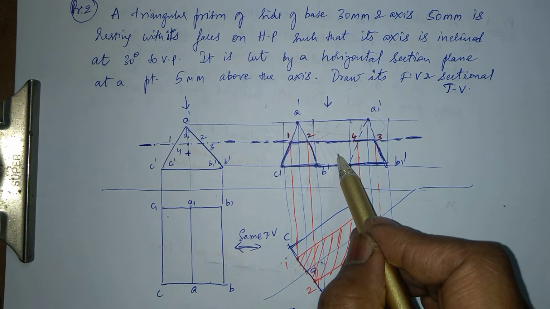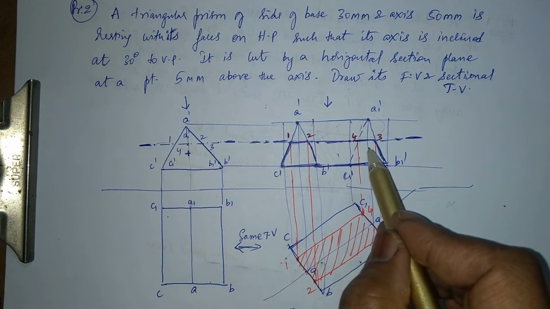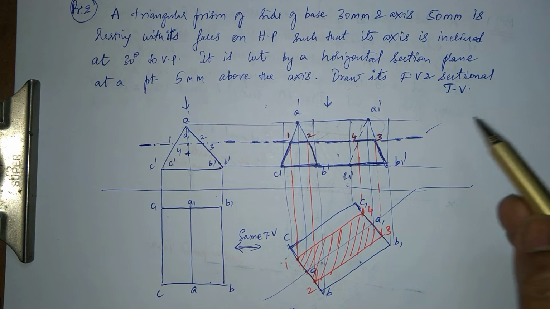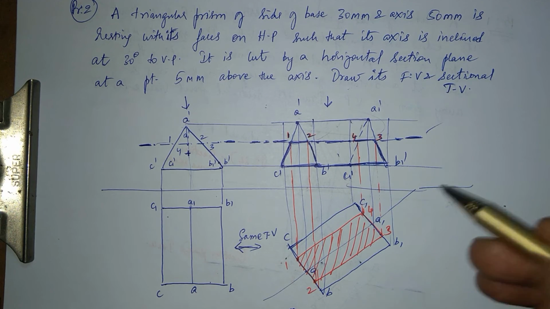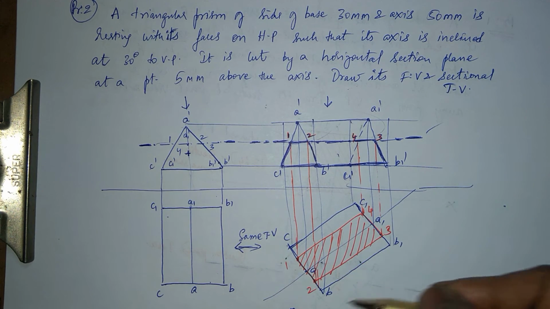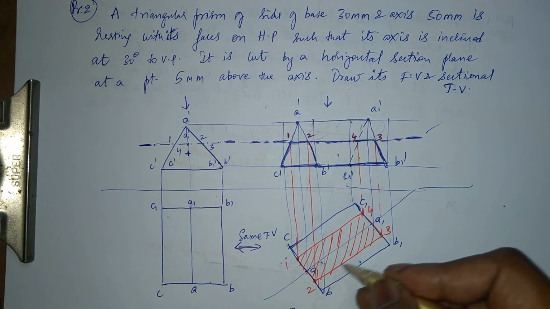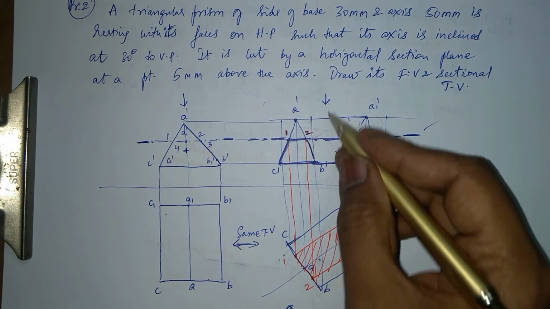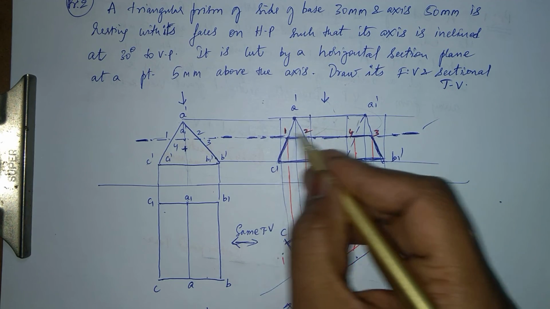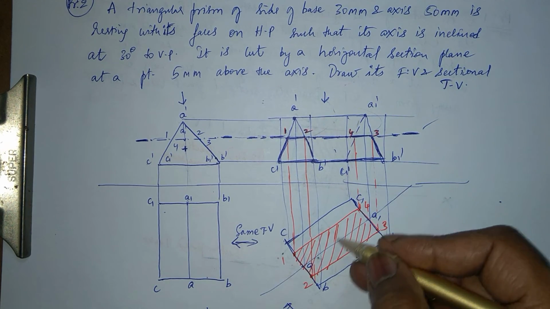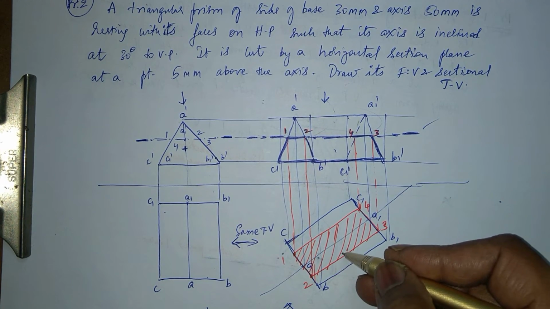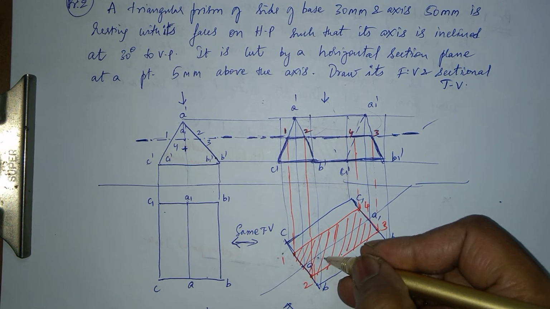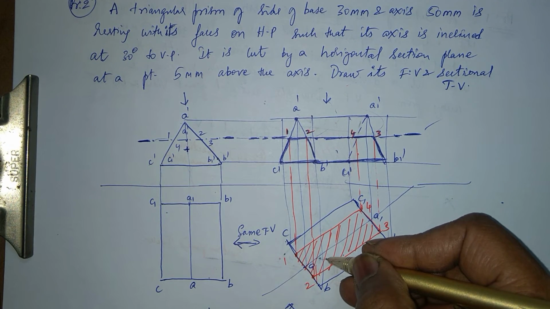This is my normal front view, but I see the section plane, or the trace. You can call it the trace of the plane. This is the sectional top view, and this is your actual section. Since your view is perpendicular to the section, this is also called the true shape. Okay, this is also called the true shape, or the sectional top view.